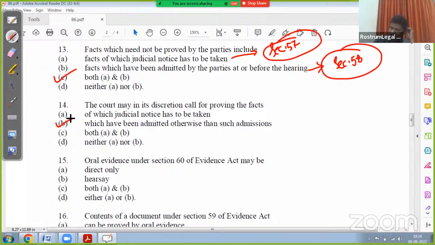Oral evidence under section 60 of Indian Evidence Act may be direct only, hearsay, both A and B, either A or B। क्या होगा करेक्ट आंसर 15 का, जल्दी से बताइए। So its correct answer will be your option A, because as per section 60 the oral evidence has to be direct,